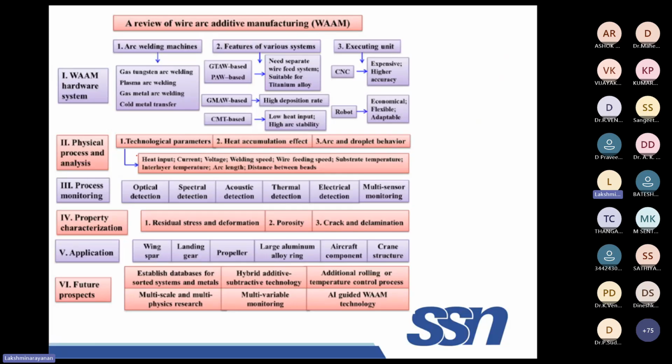So to summarize, arc welding machines, only 4 methods: gas tungsten, plasma, gas metal. Still there are variations within this. You have separate GTAW or plasma, you need a separate wire system for that. Gas metal or CMT, the arc is between your wire and the plate. When you compare GMAW and CMT, your CMT gives you low heat input. The arc stability is very good. The unit is